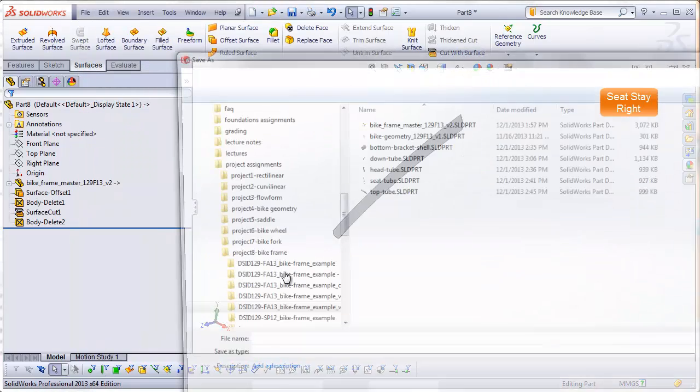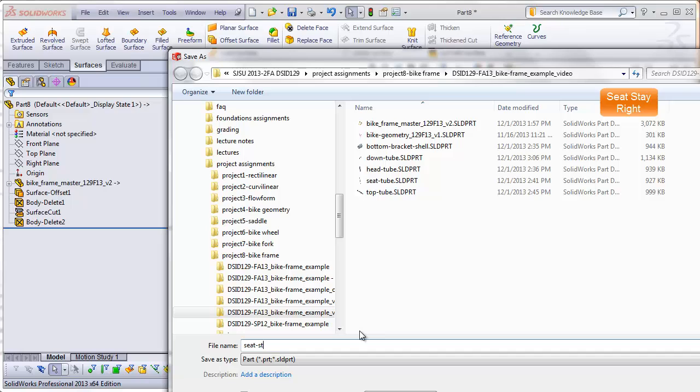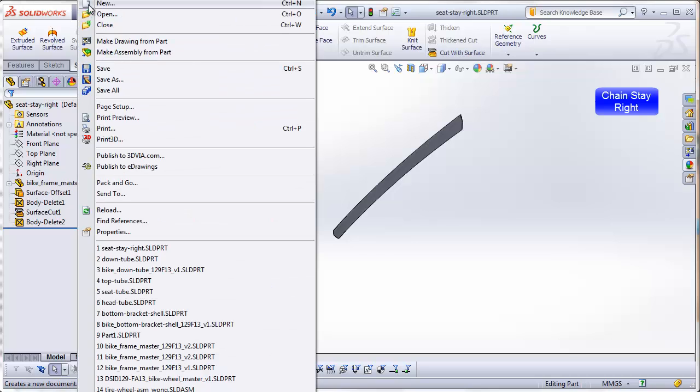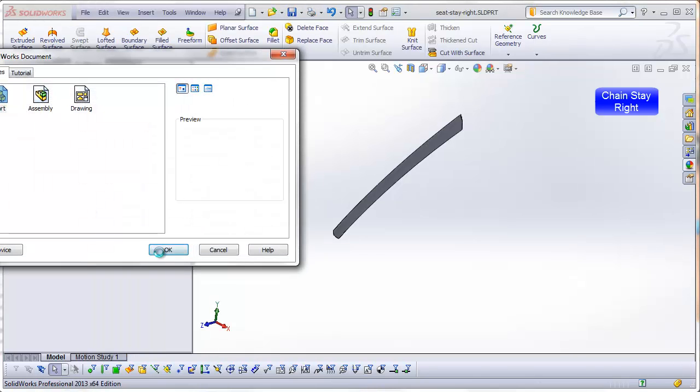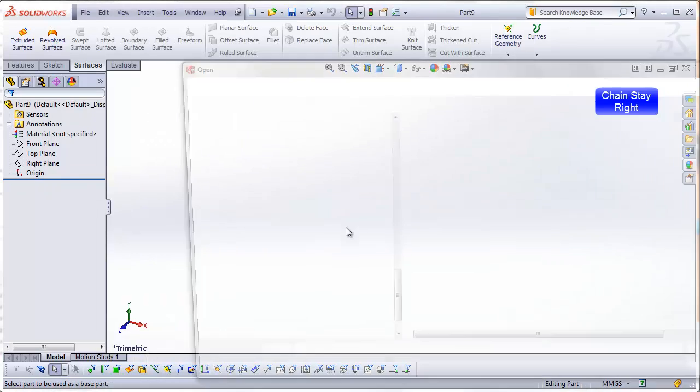File, save, seat stay. Now remember, this is the right side, so I'm going to put right in the description. And later on we can make a mirror image of this part, which we will call the seat stay left. Continuing on, File, New, Insert Part,